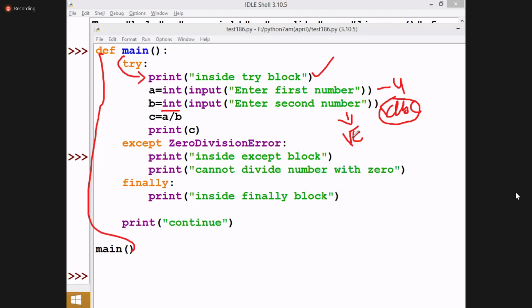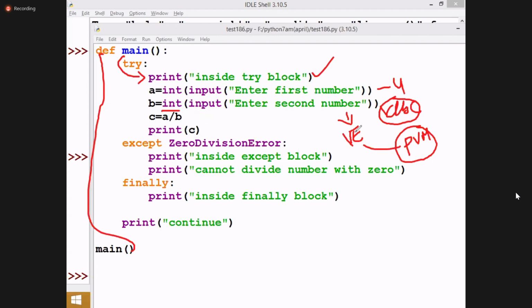ValueError or TypeError or something. Okay, ValueError. So this ValueError is given to which one? The Python virtual machine. Then the Python virtual machine looks for an except block with which error?